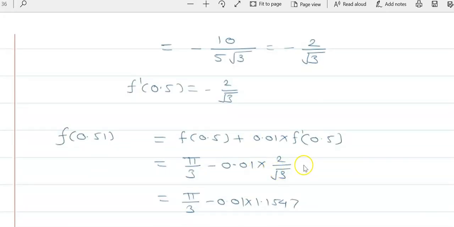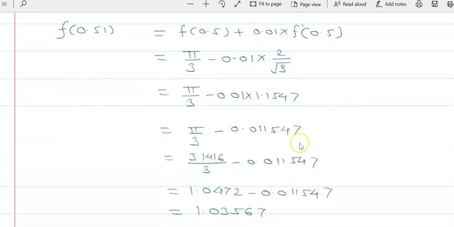Now we'll substitute the values. f of 0.5 that we have calculated is pi by 3, minus, since f dash of 0.5 has a minus sign, 0.01 into 2 upon root 3. The value of 2 upon root 3 that is given in the example is 1.1547, and if you substitute it and perform the calculation, you will get pi by 3